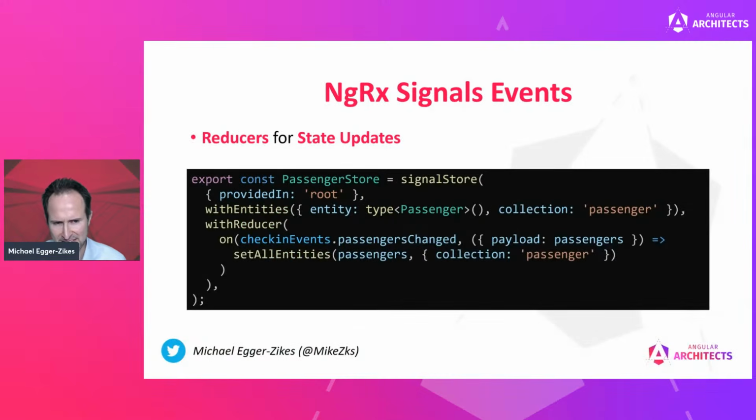Fine. And here we have the signal store implementing exactly the interfaces of the Events API. So for example, with the withReducer function, you have some on statements included. And basically, you then react directly on the passenger changed action. You can read a payload like this here, and this payload then can be used to update your state, even